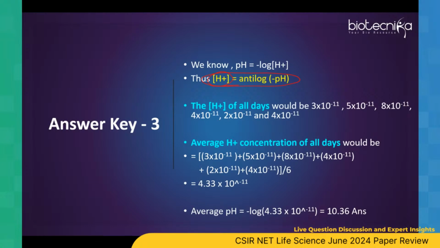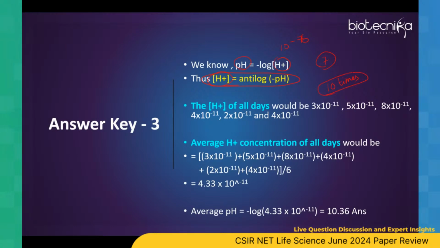You cannot directly calculate the pH because pH is a logarithmic number. Okay, what happens is, you think about it. If you take H plus ion concentration as 10 to the power minus 7, then pH will come to 7. But if you take 10 to the power minus 6, that is 10 times